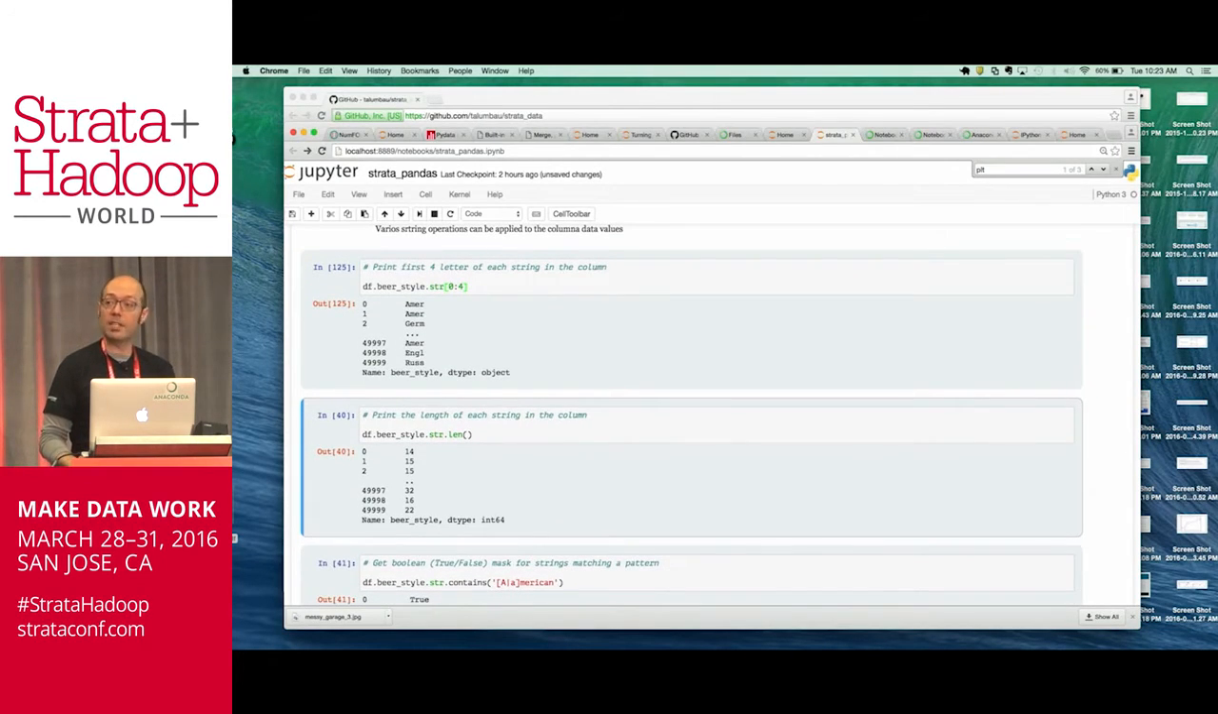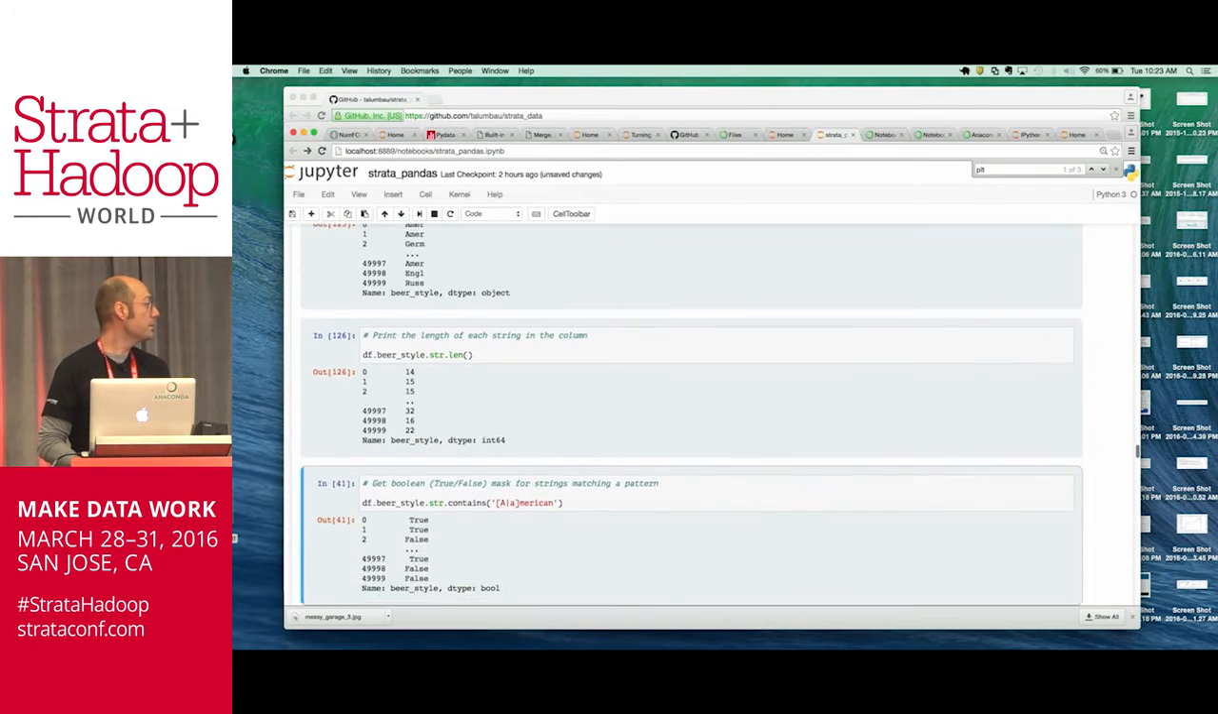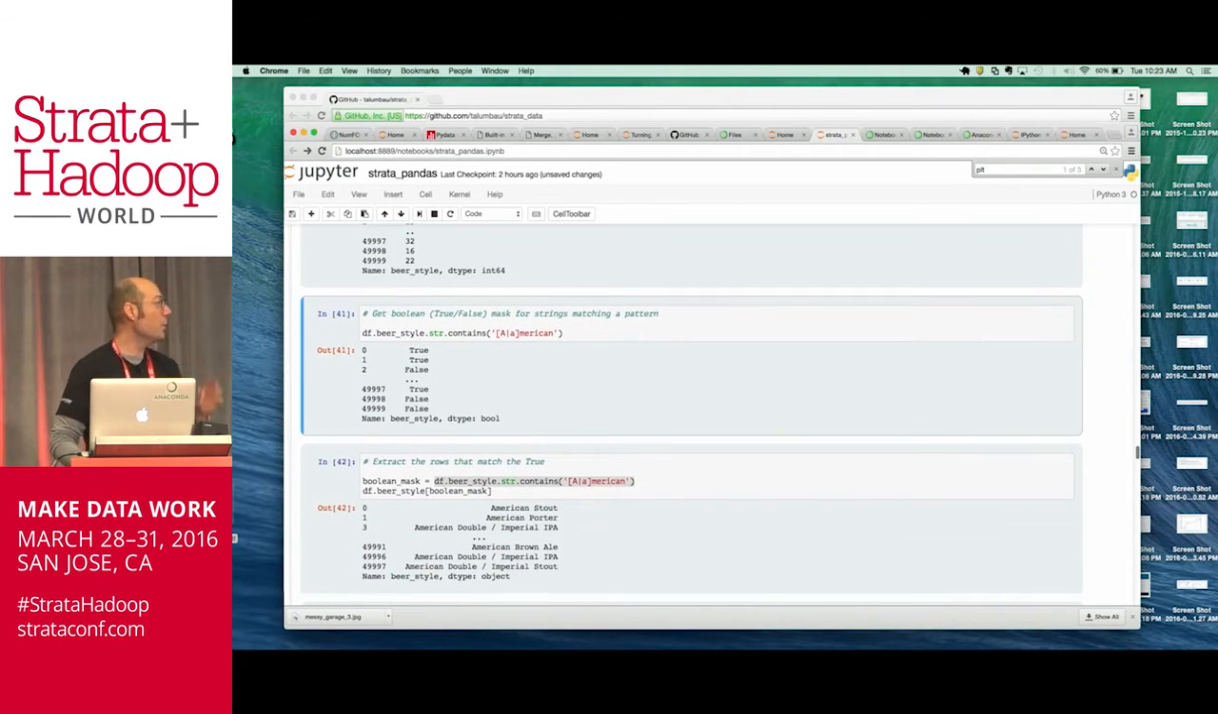What's the length of each string? And this is the one that's really nice. Now these operations are not going to be as fast as mathematical operations, because it has to do this lexical pattern matching on every single string. So typically what we would advise people to do, if